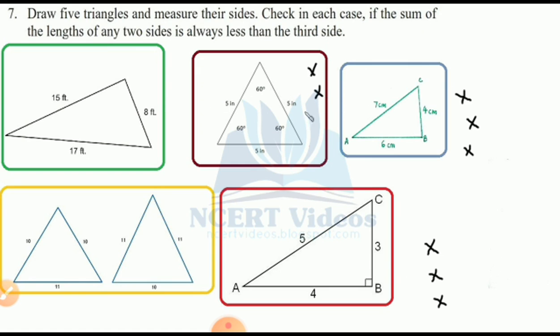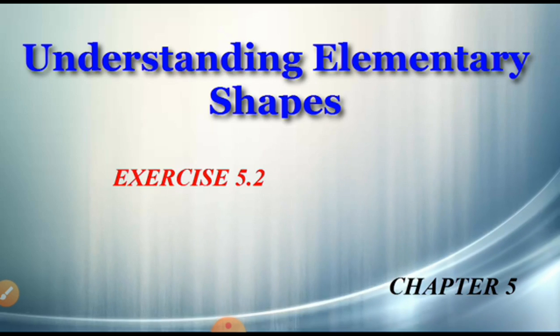So here you can say for this picture also it is not possible. If you want to see this picture, you can use your zoom function, magnifying it. It is also not possible. See, all the sums you can do. Adding 2 sides is always coming greater than the third. So here we can prove that in any triangle, the sum of 2 sides is always greater than the third one. Isn't it? Clear? Yes, it is easy, clear.